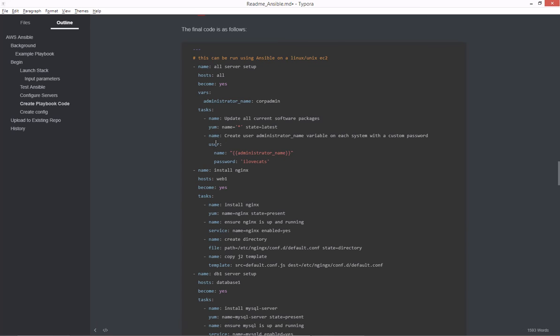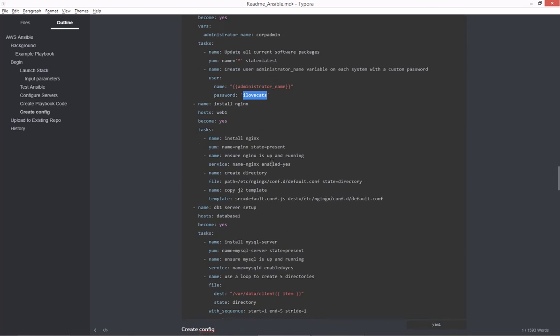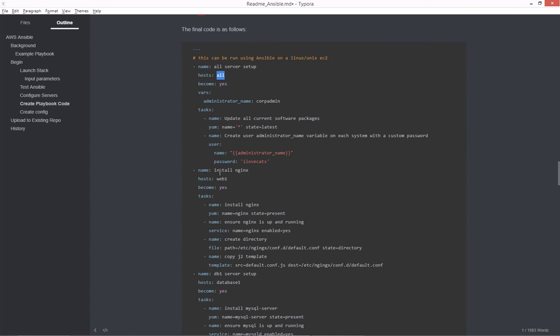Yum. Then we're going to create a user administrator variable. All right, so give it a password. This is a variable. Sometimes people put spaces here. I didn't. And then a plain text password. Okay, so that ran on all the hosts, and now we're going to run something on one of the hosts